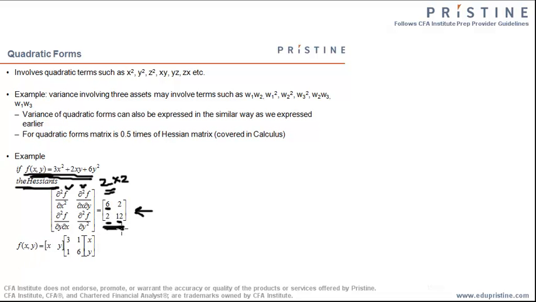Now that we have this, we can also express the function in the matrix form like this. Once we open this matrix, we will get a 1 cross 1 matrix which has only this as the element. So we express this as a matrix multiplication form. This matrix is basically half of the Hessian matrix. So half of the Hessian matrix gives us the matrix form of the quadratic equation. This must be remembered.